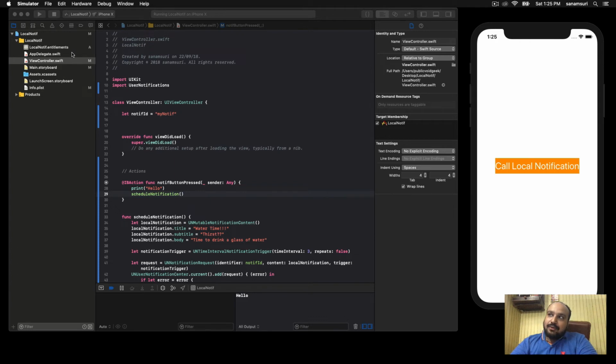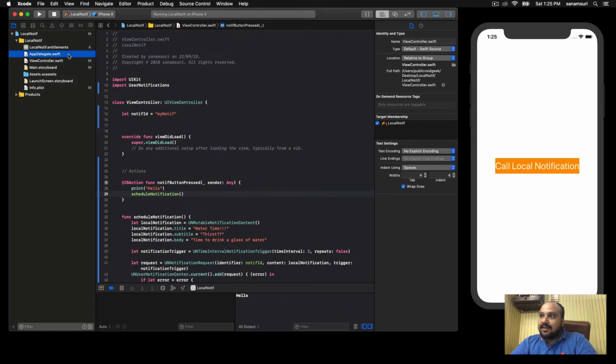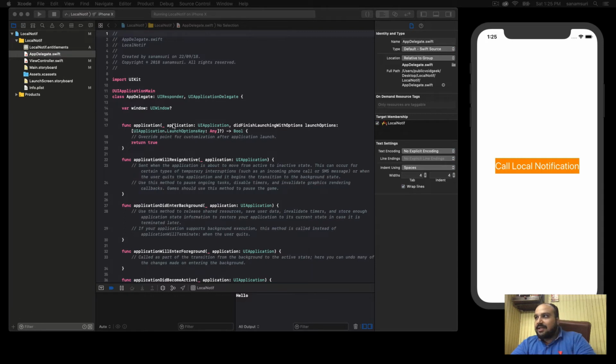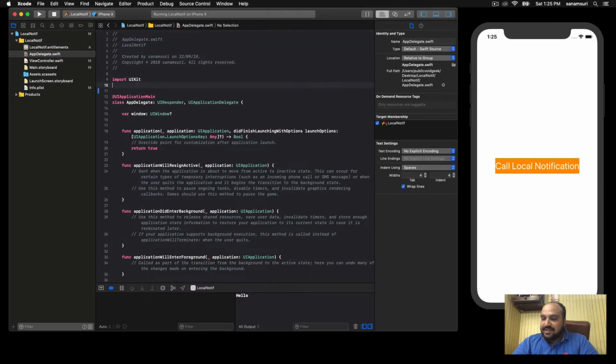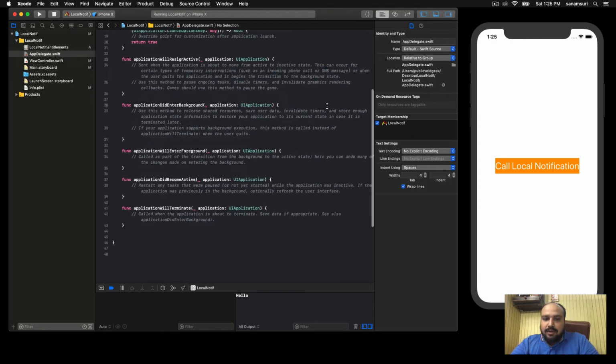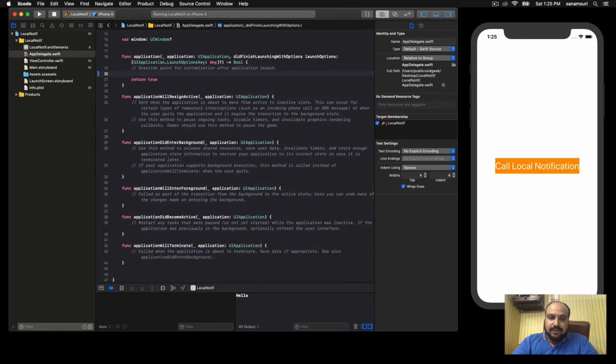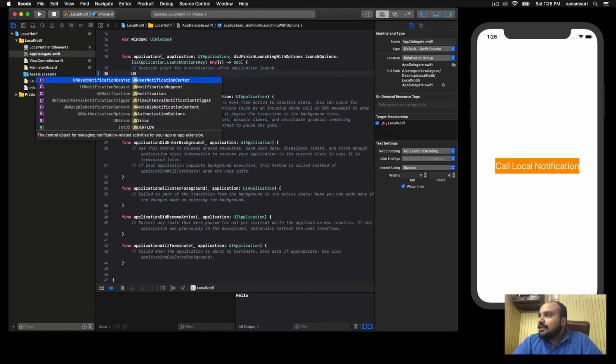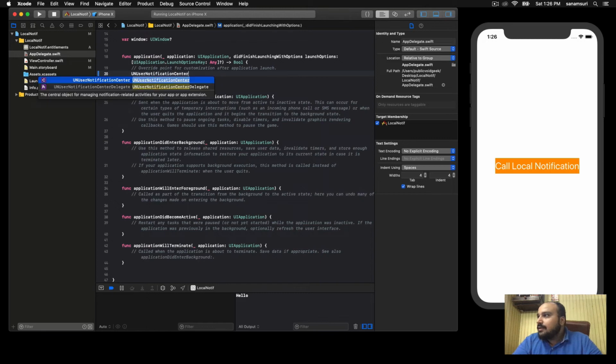That's because we need to do a small modification in the app delegate. So let's go to app delegate, and let's set up here as well. So we are gonna import the same framework, which is import UserNotifications, and right over here we are gonna create a delegate so that our app could use the notification. It could get the control of the user notification framework, right? So in order to do that, UNUserNotificationCenter.current().delegate is equal to self,